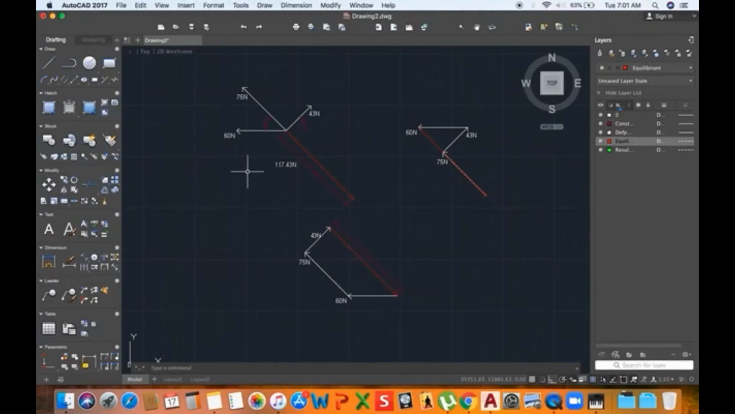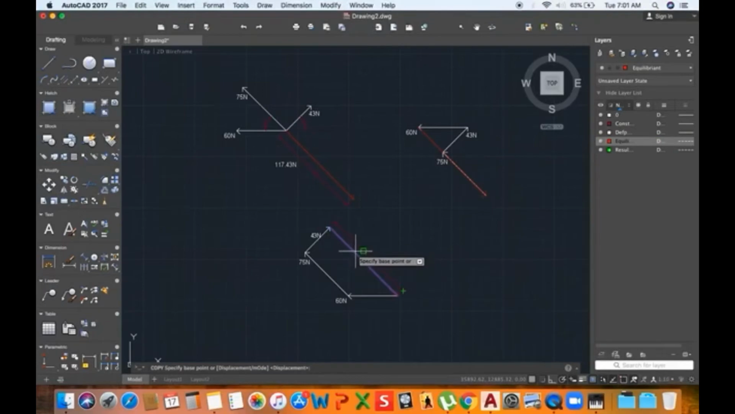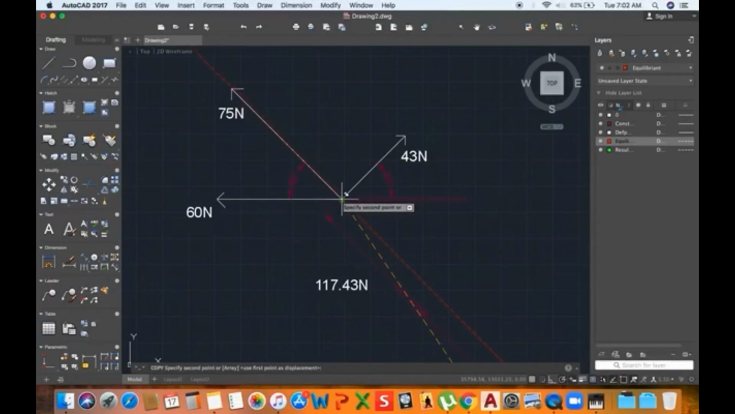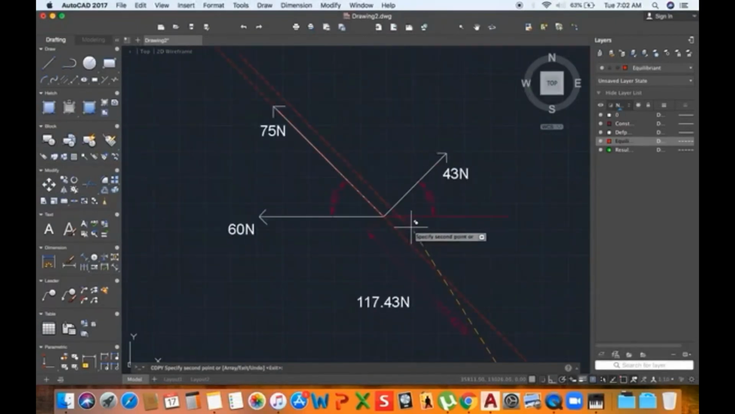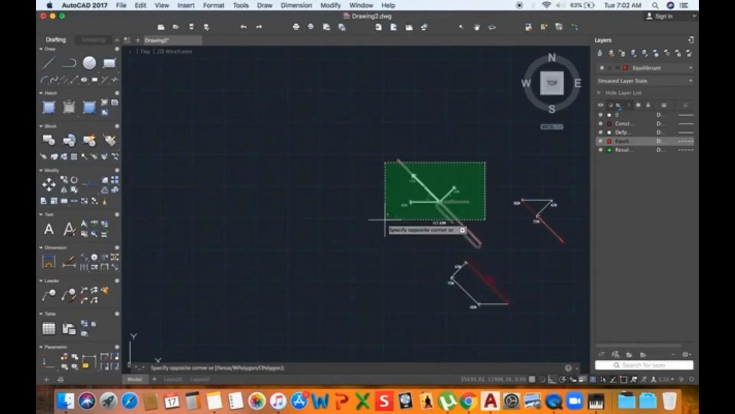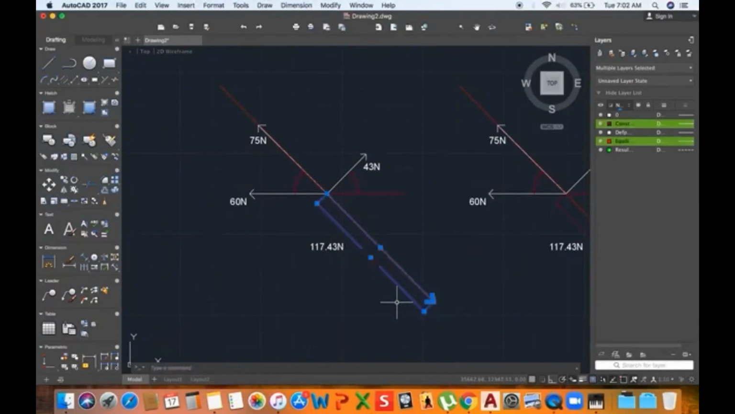Now, in order to find the resultant force, all we have to do is copy this force, place it on the drawing, let me copy this drawing. But if you notice, the force is overlapping. This is simply because the resultant force and one of the particular forces are in the same direction. So as to not